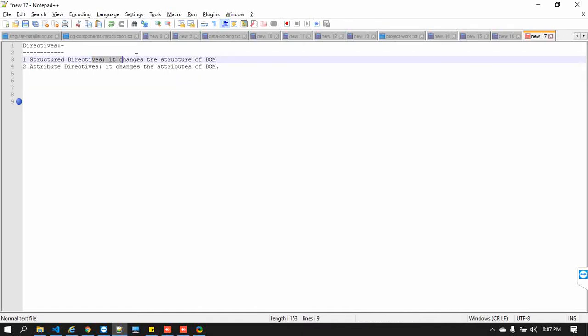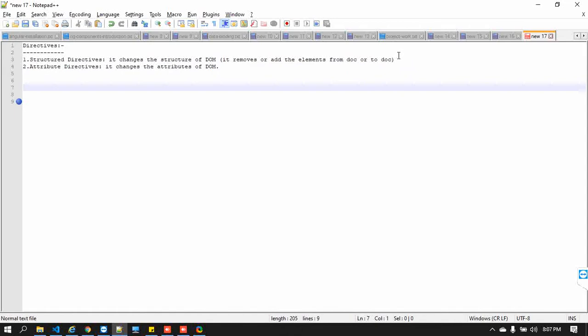What is the meaning of it changes the structure of the DOM? That means it removes or adds elements from or to the document. That's a simple one. So this is structural directives and this is attribute directives.